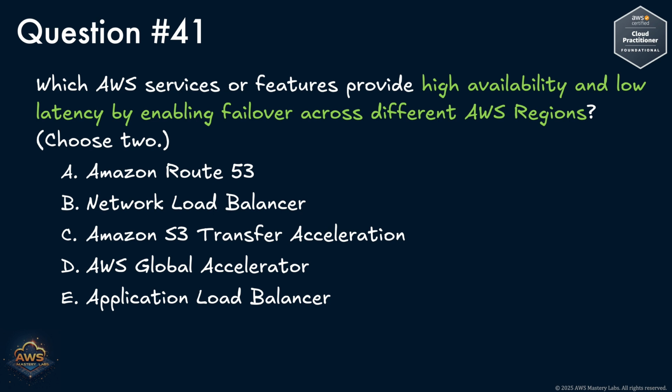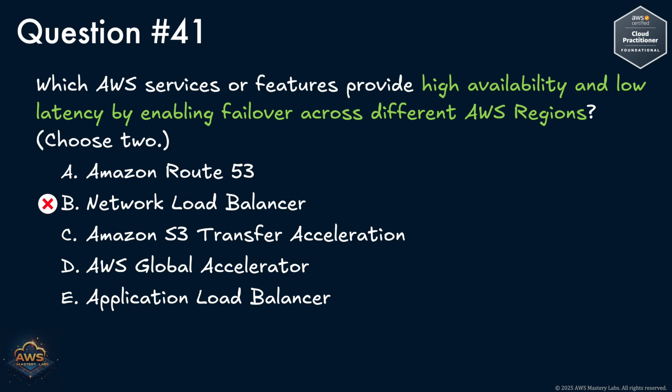The key operational requirement here is failover across different AWS regions, which narrows our focus significantly. Not all AWS services are designed to operate seamlessly across regions. We're specifically looking for those that leverage a global network footprint to route user traffic intelligently and automatically to the next available endpoint if a failure occurs in one region. The ability to distribute traffic globally and react to outages is at the core of services that truly support multi-region failover strategies.